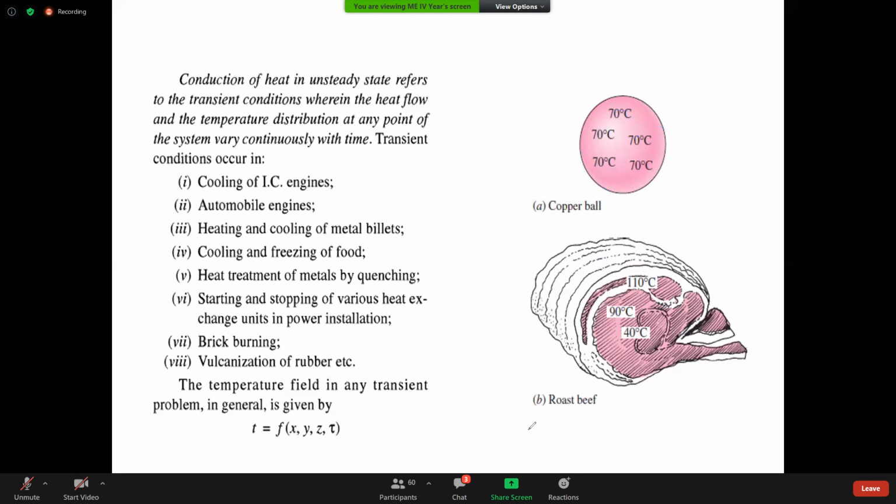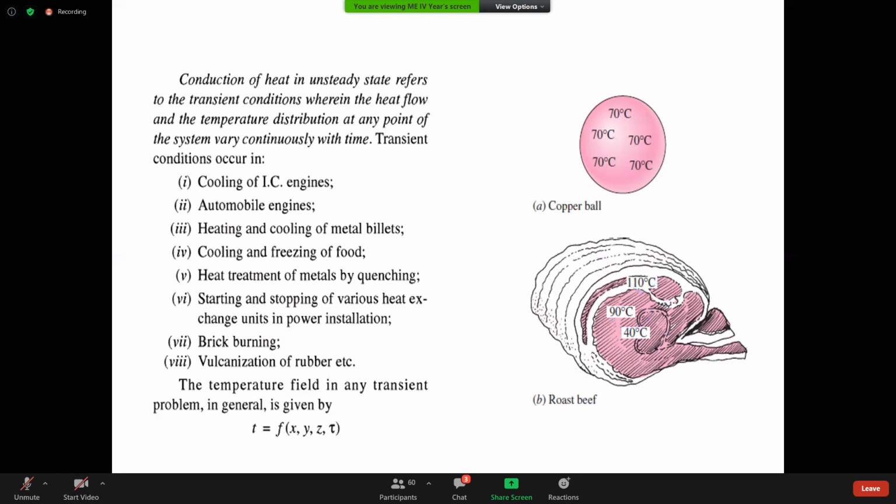Suppose the roast of some, let us say, non-veg item, in the famous book only I have taken this, so don't bother about this. While roasting, the temperature at various places will be different. That will not be uniform. The outside surface could be at a separate temperature, and on another side, it will be a separate temperature. Right? Like that, it will be there.